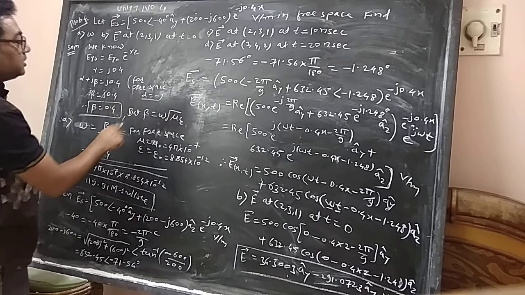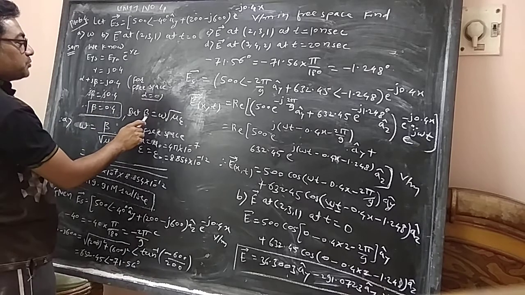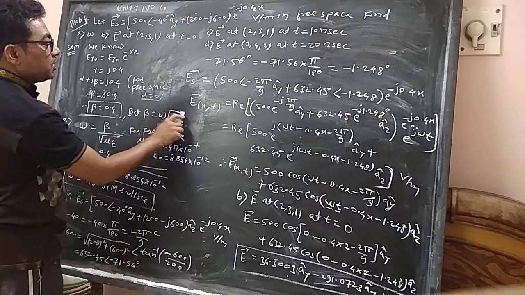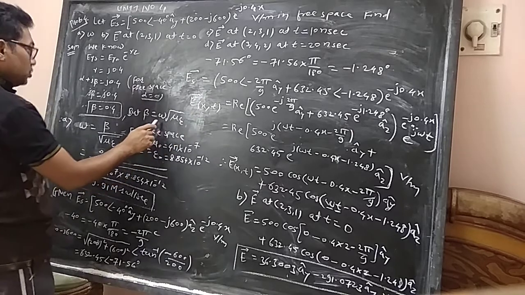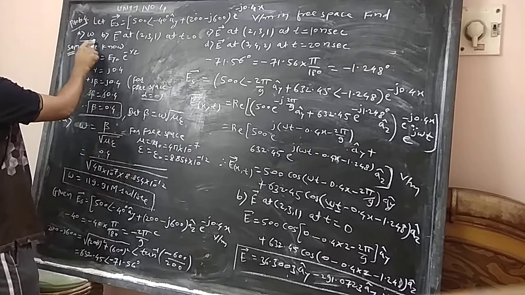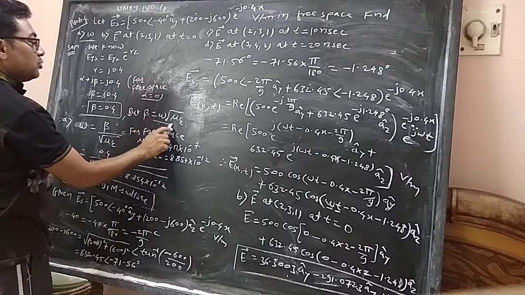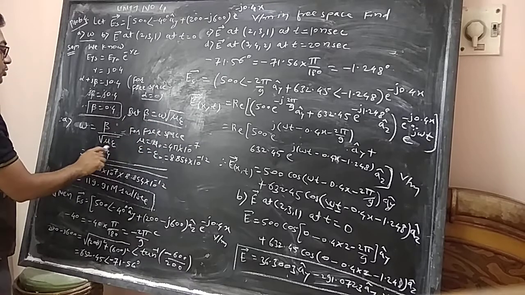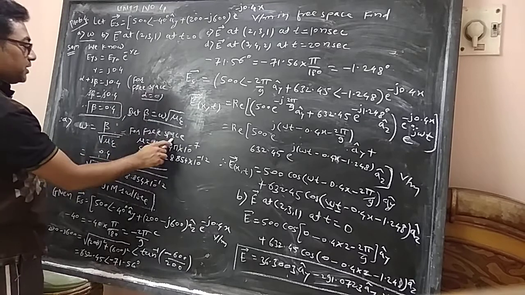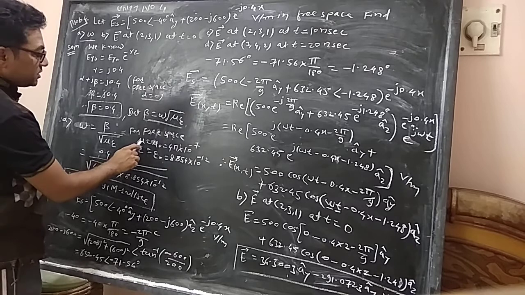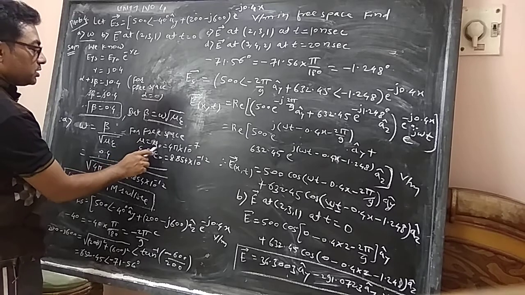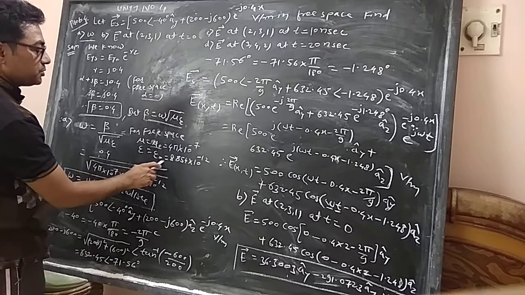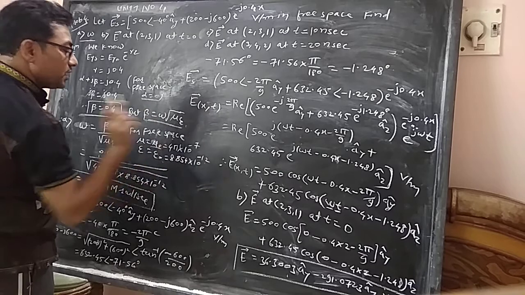But we have already seen the equation for beta, that is for phase constant, earlier. The phase constant equation is beta equal to omega under root of mu into epsilon. So the first option we have to calculate is omega. Therefore to calculate omega we use this formula: omega equal to beta divided by under root of mu into epsilon. For free space we consider mu equal to mu 0. The value of mu 0 is 4 pi into 10 raised to power minus 7, and epsilon equal to epsilon 0. The value of epsilon 0 is 8.854 into 10 raised to power minus 12.